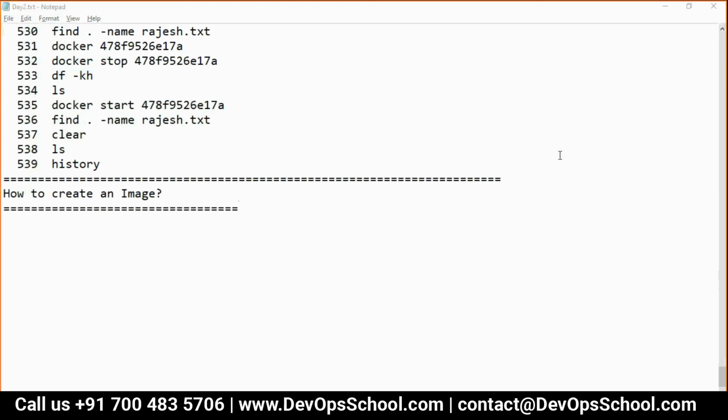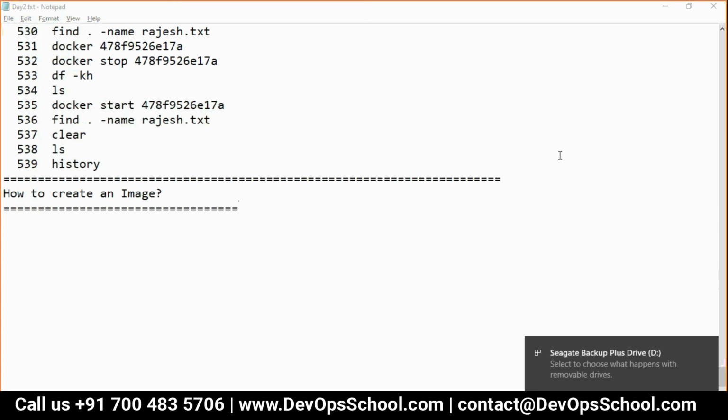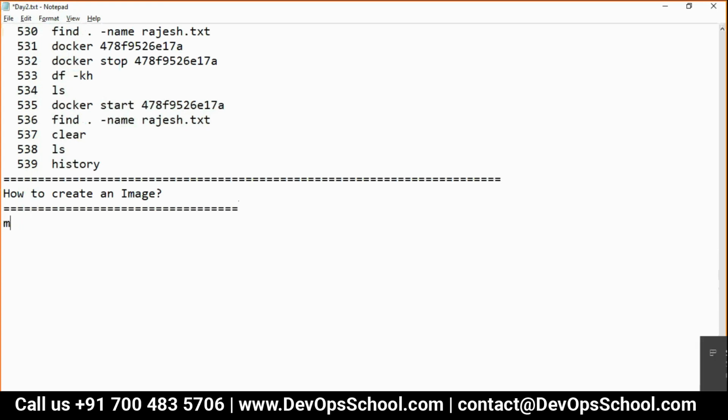Okay, guys. Now let's focus on creating an image. That is the main objective. So how can you create an image? Manual way, by using an existing container.